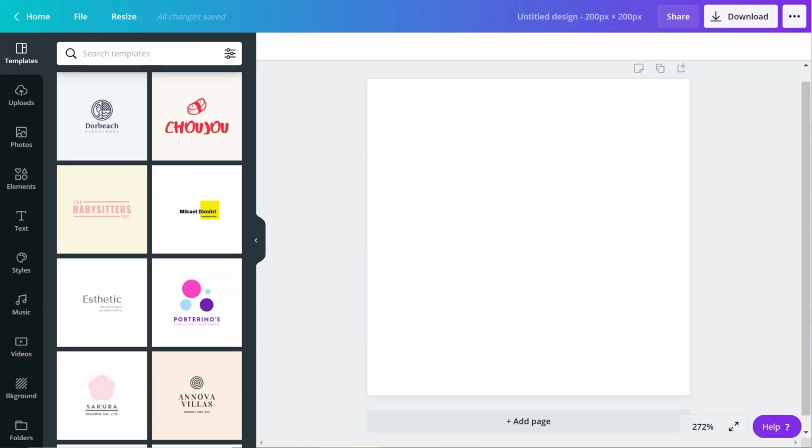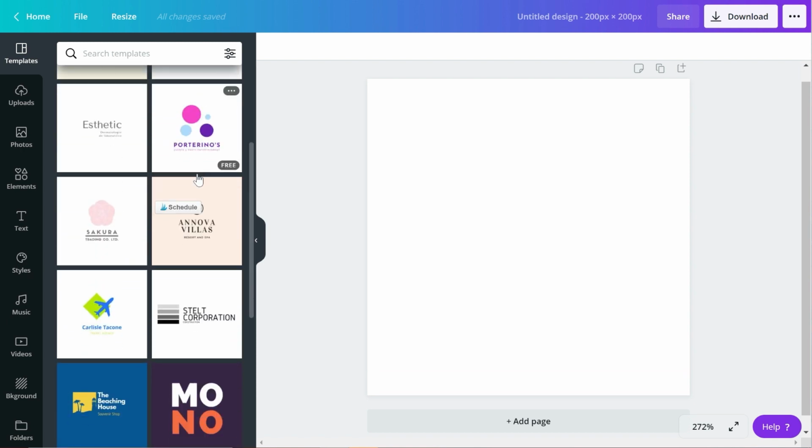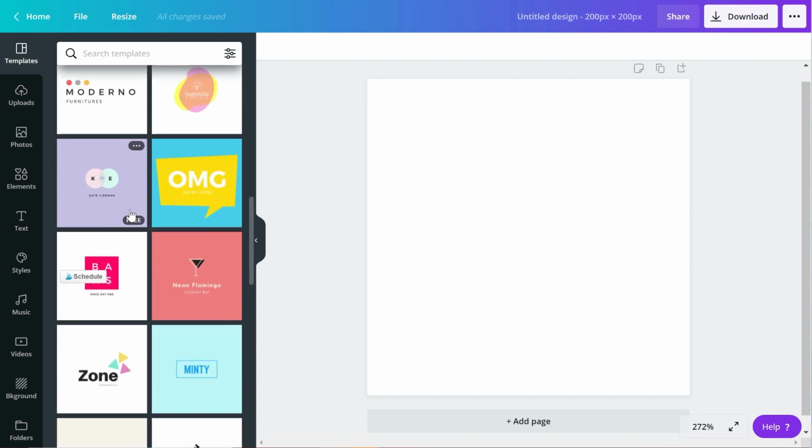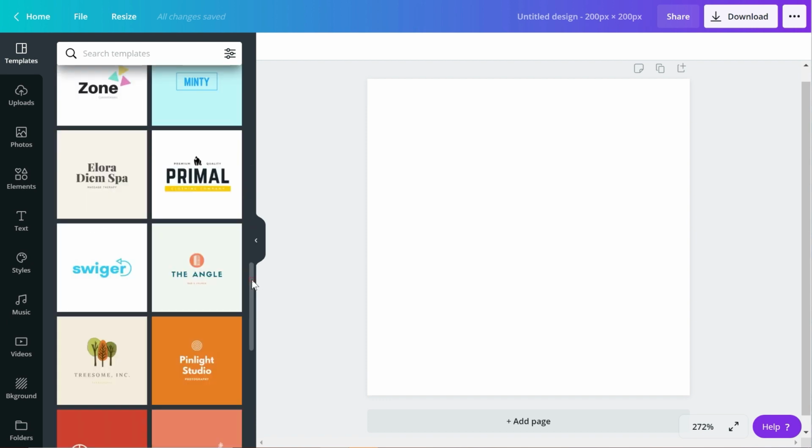So there are a ton of cute designs that you can do. You can make them either really simple, you can make them all the same, you can make them different based off the boards. It really is up to you what your brand is and what you want to do with yours. They even have a couple of designs that you can do over here. I don't really think any of these are great for board covers because you want your board covers to have big enough wording to read them.